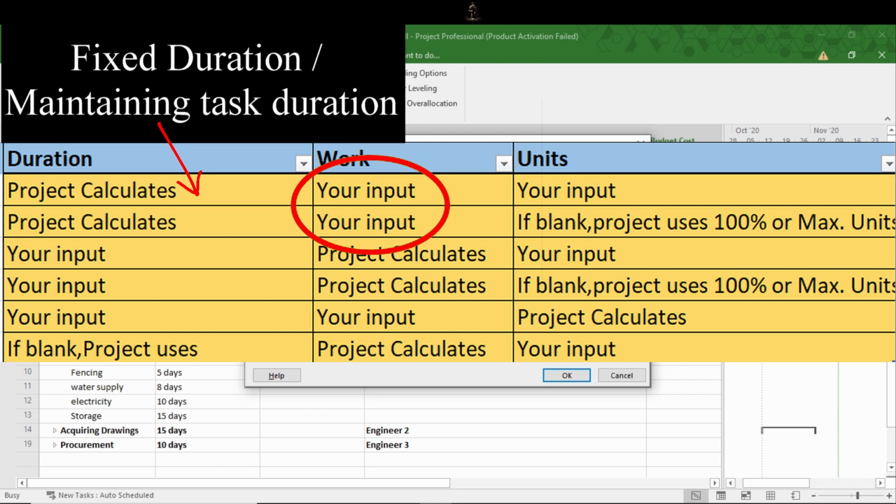If we change the task's amount of work, then project adjusts the task's peak units to maintain the duration which we have set. And if we change the units, the project adjusts its amount of work to keep the same duration. Can we change the duration here? Yes, we can. It is fixed, but it doesn't mean that we cannot change it. It fixes whatever we enter in the duration cell.